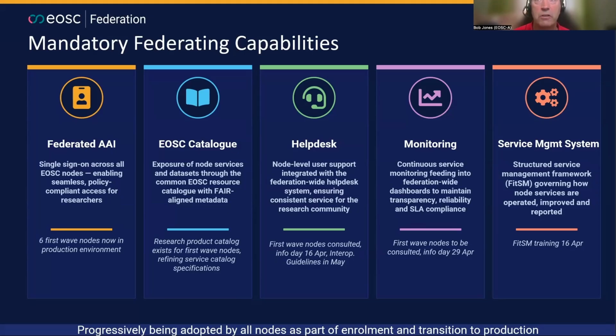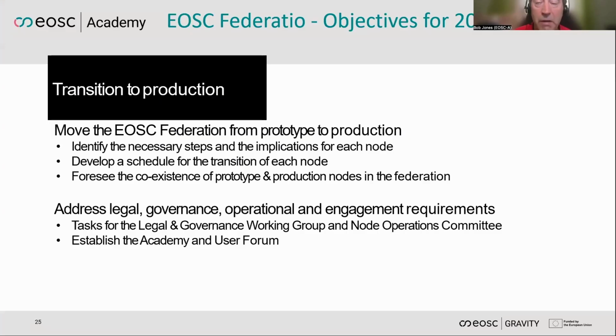So about the transition towards production, as I said, we're very much in a prototype at the moment. It basically works, but it hasn't got everything that's needed to say that we are in a production service for end users. We're working on those other federating capabilities and identifying the necessary steps and the implications for each node. They're not only technical; there are some legal requirements when we're exchanging information, potentially private data, across the different nodes. Their responsibilities with respect to things like GDPR have to be understood and agreed, and those are being put in place as well